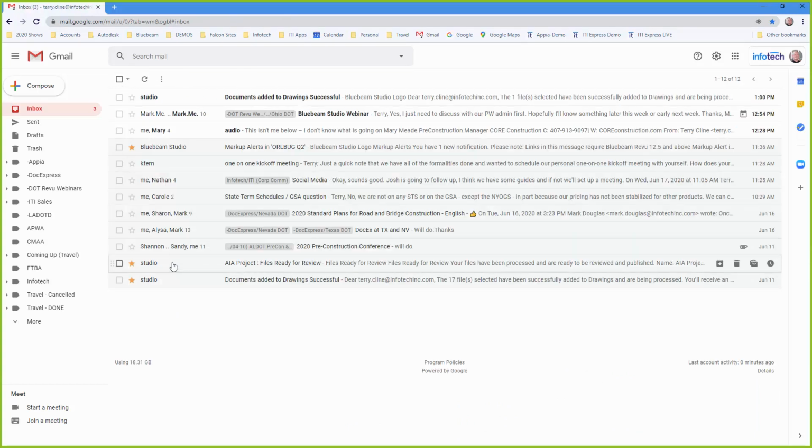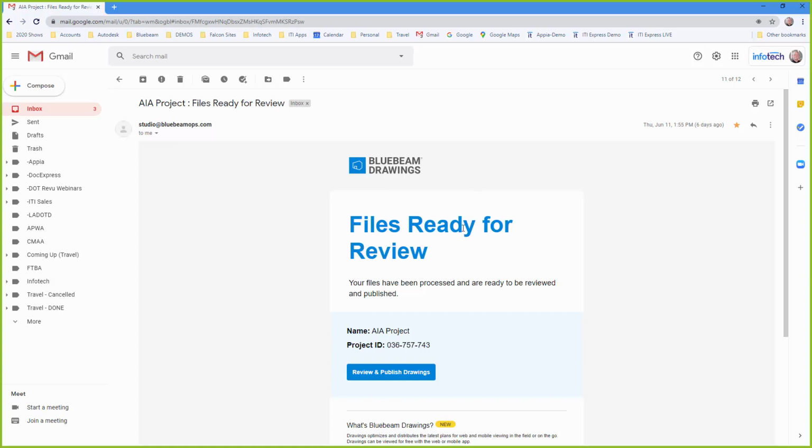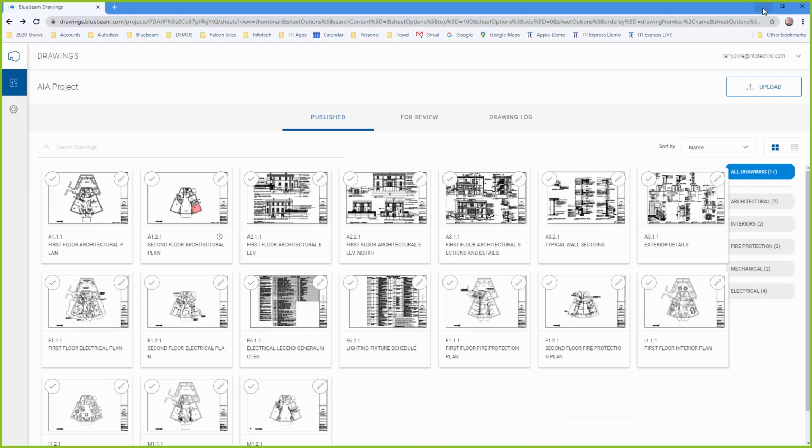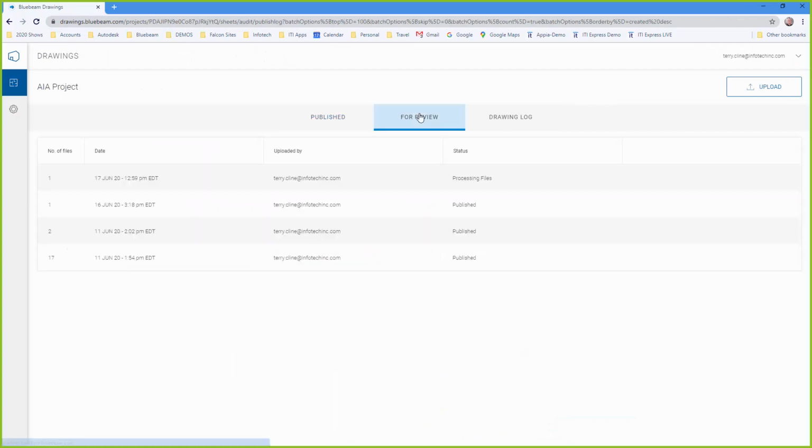And then a few minutes later, I get this saying your files are ready for review, and there's even a link inside of it. How long it takes depends on how many files and the complexity and all of that. But you can see right here where it says processing files. Eventually, that's going to say processed. And what I would do is simply go in there, review the information, select that document, and hit that publish